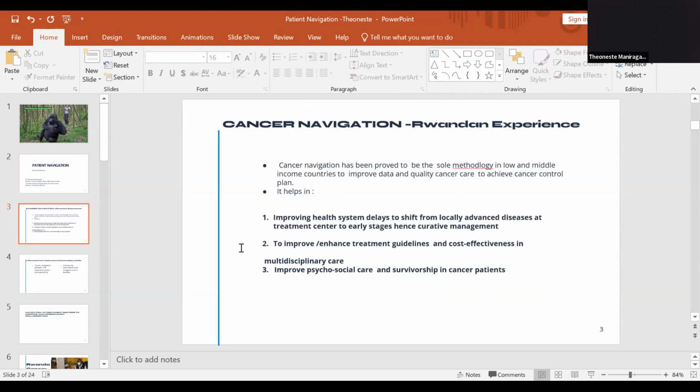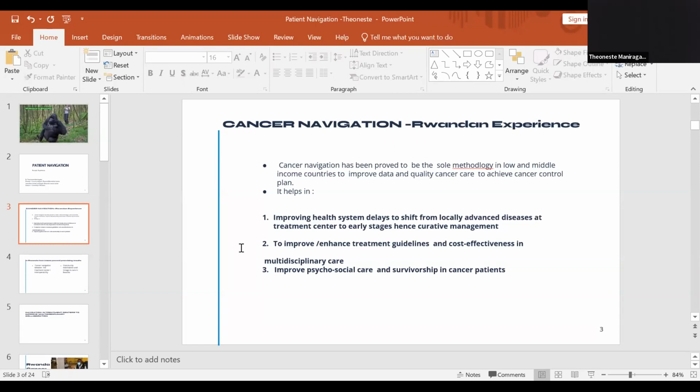What we know is that cancer navigation has been proved to be the sole methodology in low and middle income countries to improve data and the quality of cancer care, to achieve the cancer control plan. We have found that it helps in improving health system delays, shifting from locally advanced disease at treatment centers to early